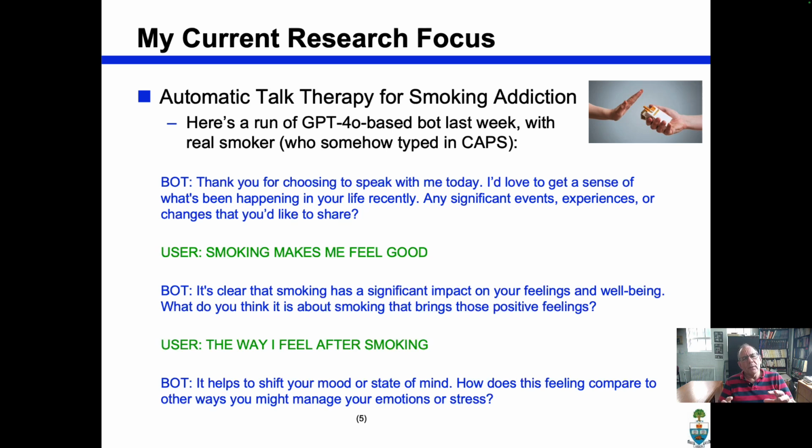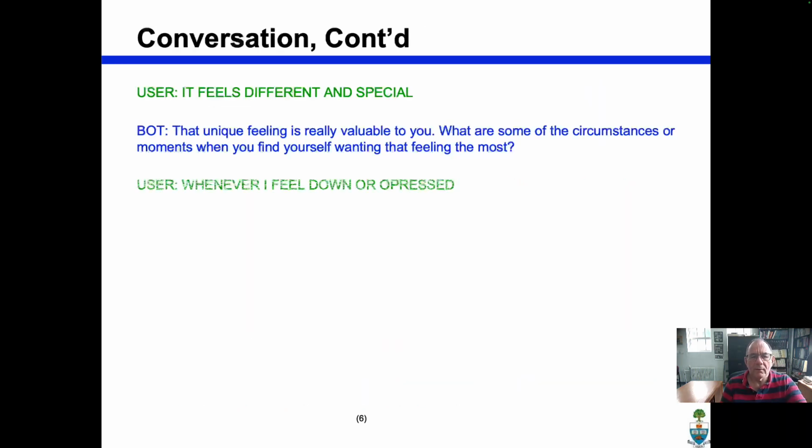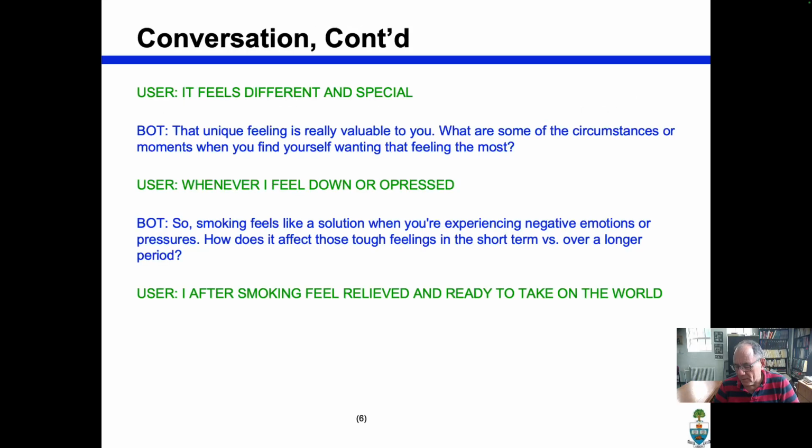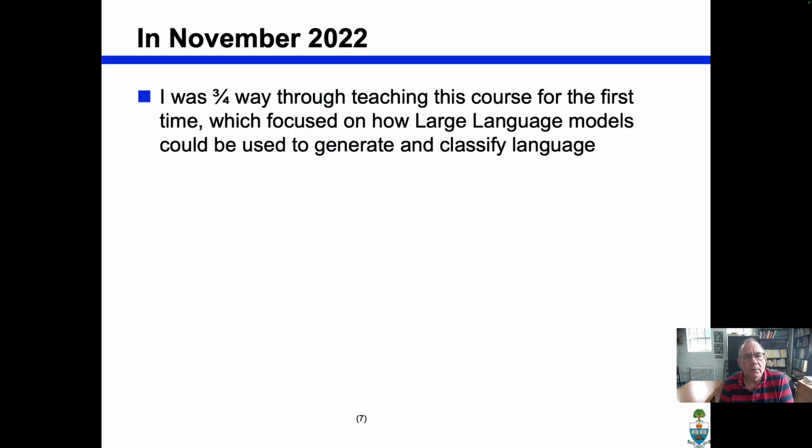And I just want to point out, this would have been impossible 2.5 years ago. And it is amazing that the simple way we asked GPT-4o to do this does this well. It's not perfect, and the conversation goes on. I won't read it more, but this is the world that we have launched into, and I never believed when we started our project that this kind of thing would be possible, and much more is possible. And some of that's the basis for what I'm going to teach in this course.